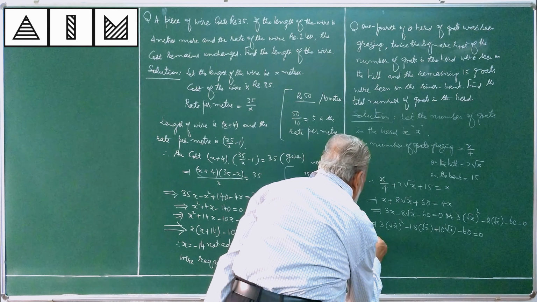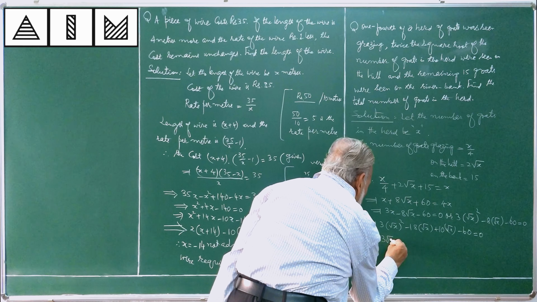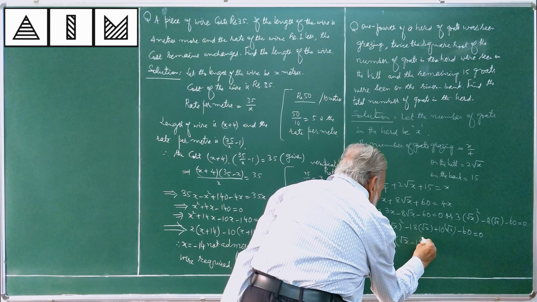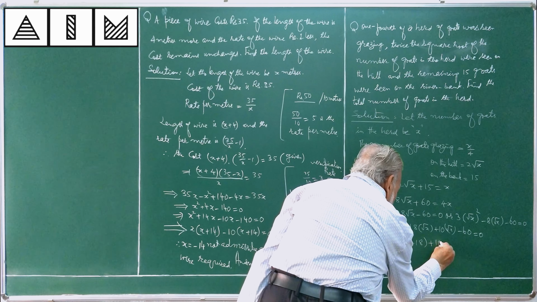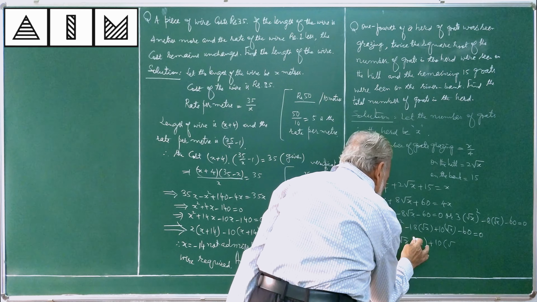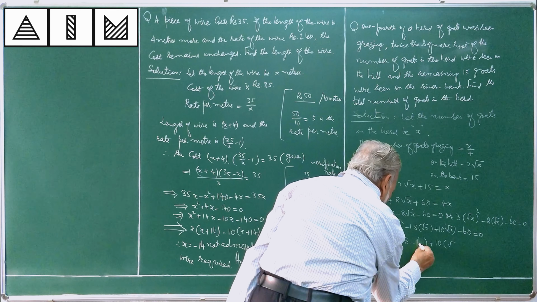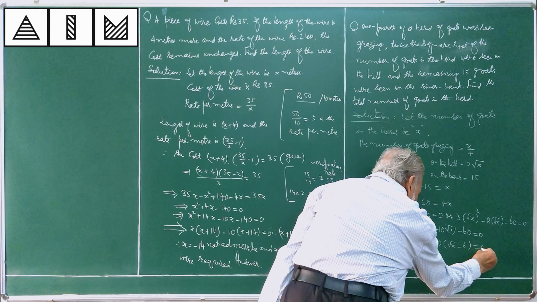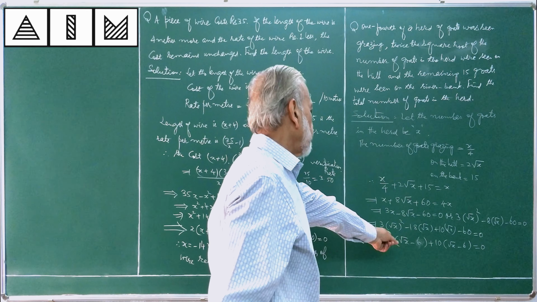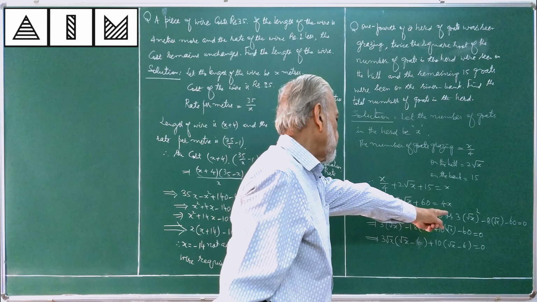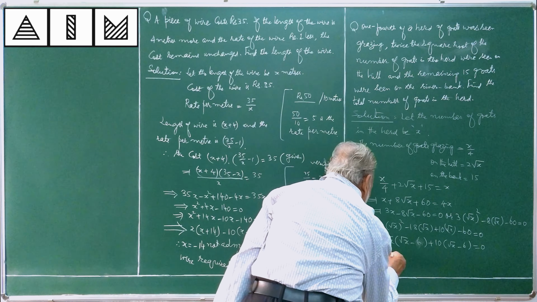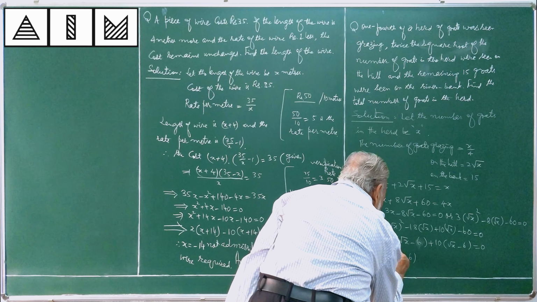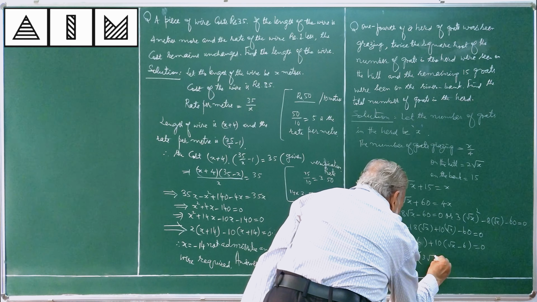Proceed. 3 root x common here, root x minus 6. 10 common here, root x minus 6. After taking 3 common, root x minus 6 is equal to 0. This comes to root x minus 6 into 3 root x plus 10